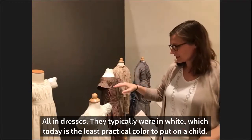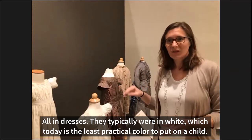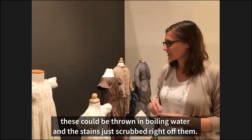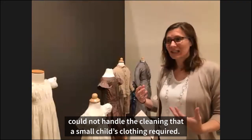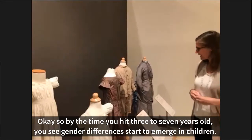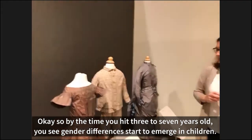all in dresses. They typically were in white, which today is the least practical color to put on a child. Back then it was the most practical. It could be scrubbed right off of them and be ready. So clothes that were dyed or of more delicate fabrics just couldn't handle the cleaning that a small child's clothing required. Okay, so by the time you hit 3 to 7 years old, you see gender differences start